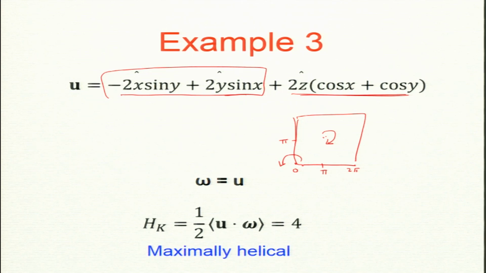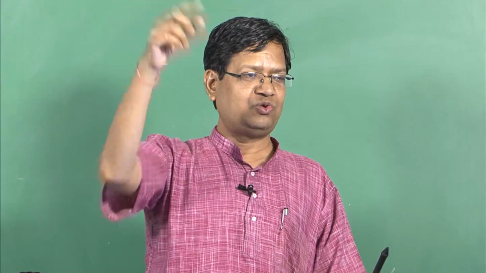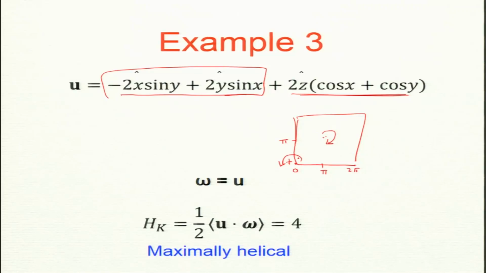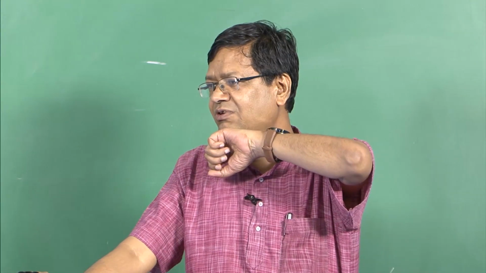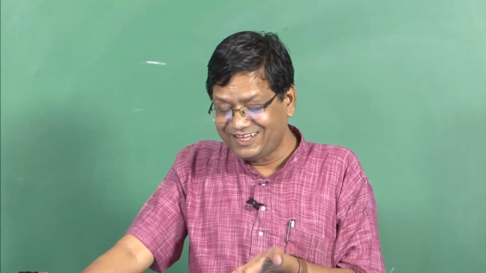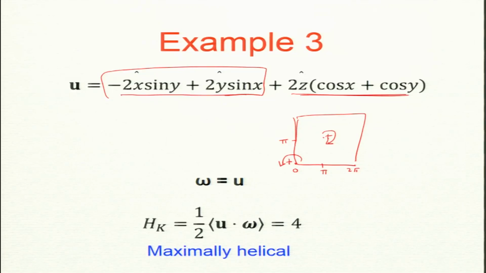Okay. Now what is uz here? uz at x is 0 and y is 0 is positive. So here this is going like this. So this part is contributing positive, this part is also contributing positive. So in each of these places we get positive contributions for u dot omega. In fact u and omega are equal. So this is an example where omega is not perpendicular to u. It is a 3 component field. For 2D of course it is true, but omega is 3 component, and if you just work it out you will find they are equal. Omega and u are in the same direction.